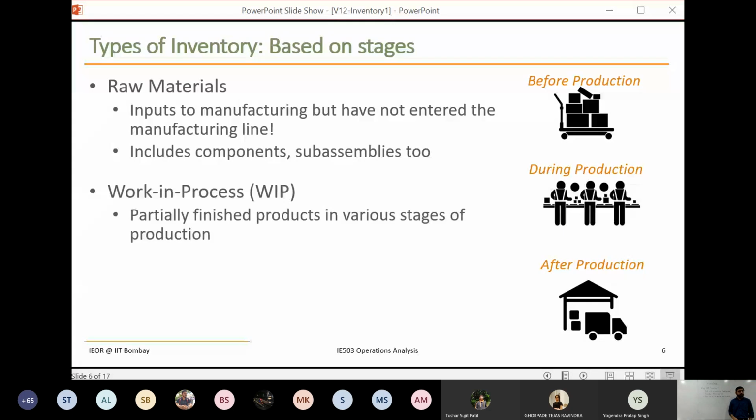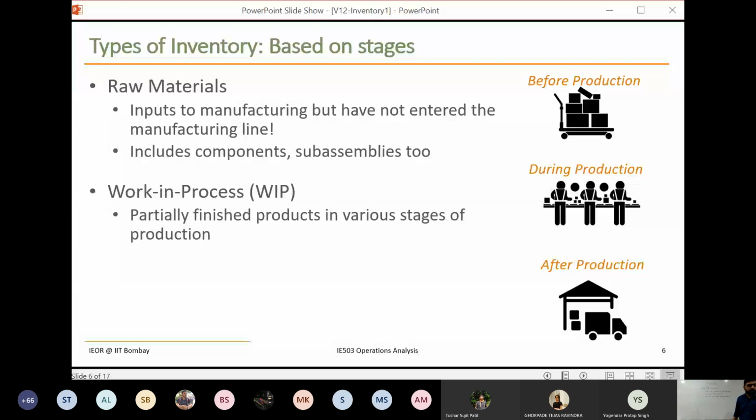Second is work in process. These are partially finished products. These products have entered the assembly line and are in some state of finishing. Some state of work is done, but it has not yet become a finished product. Something may be left. So all of that is called work in process. Even if the product is complete, but the last stage of testing is still waiting, again, we don't call it a finished product. It is still a sub-assembly only. Only after it's finished testing and packed, then we actually identify it as a finished product.